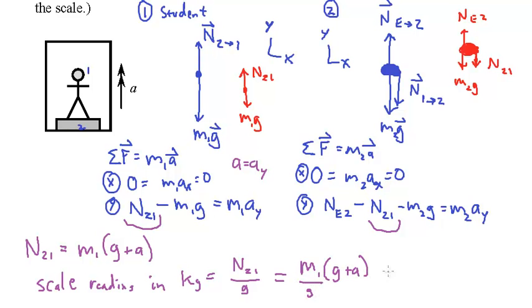Now, if we divide it by 9.81 to convert it to kilograms, the scale reading in kilograms is going to be this normal force divided by G, which is M1 over G times (G plus A). That becomes M1 times (1 plus A over G). So what you can see here is the scale will tell you if you're accelerating upward